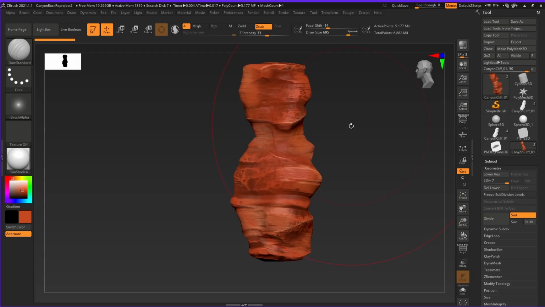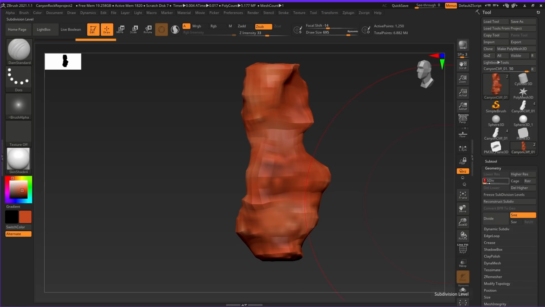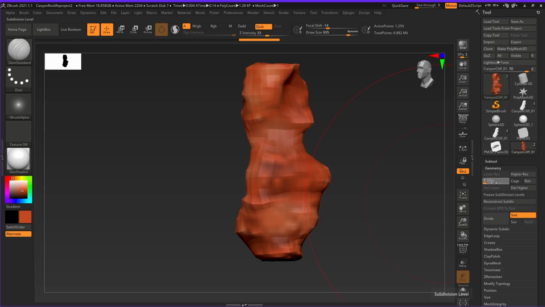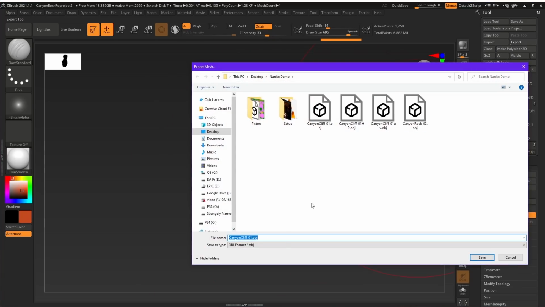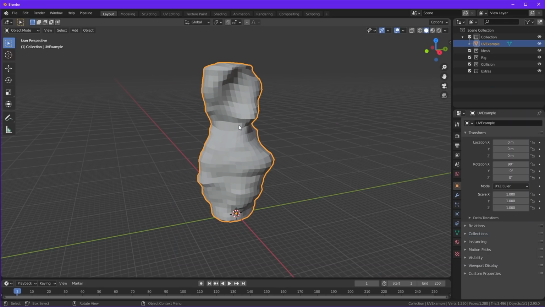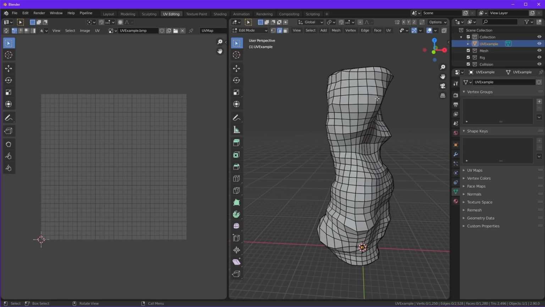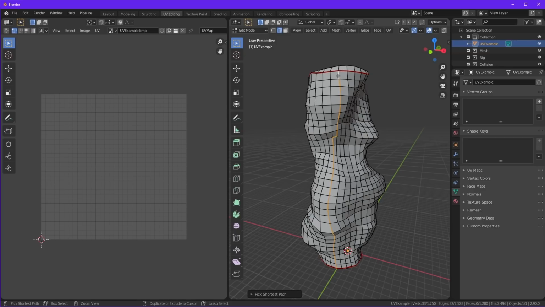And we can do the exact same process again in ZBrush. So here I have the Canyon Rock, and it has 7 subdivision levels, so I can go up and down based on what current process I want to be working on. But all I need to do to work on the unwrap of my low poly is export it out, give it a name, UV example, and then I can import this into Blender, go to my UV edits, and start unwrapping this particular shape. So I'll just mark a few seams here.